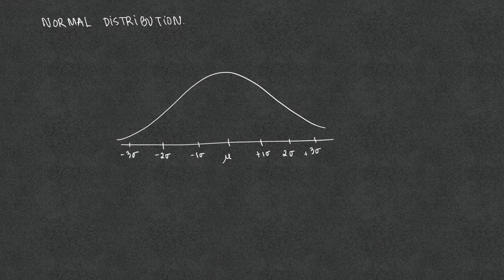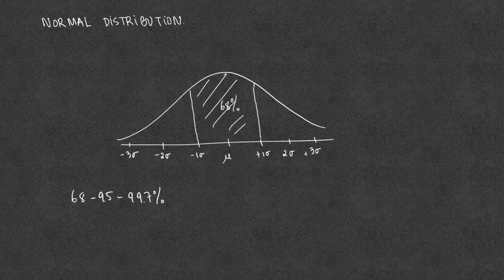The empirical rule, or the standard deviation rule, or the 68, 95, 99.7% rule states that if we are within 1 standard deviation away from the mean, then we would cover an area of 68% of the distribution. If we were to be within 2 standard deviations away from the mean, then we would cover 95% of the distribution. And if we are within 3 standard deviations away from the mean, then we would cover up to